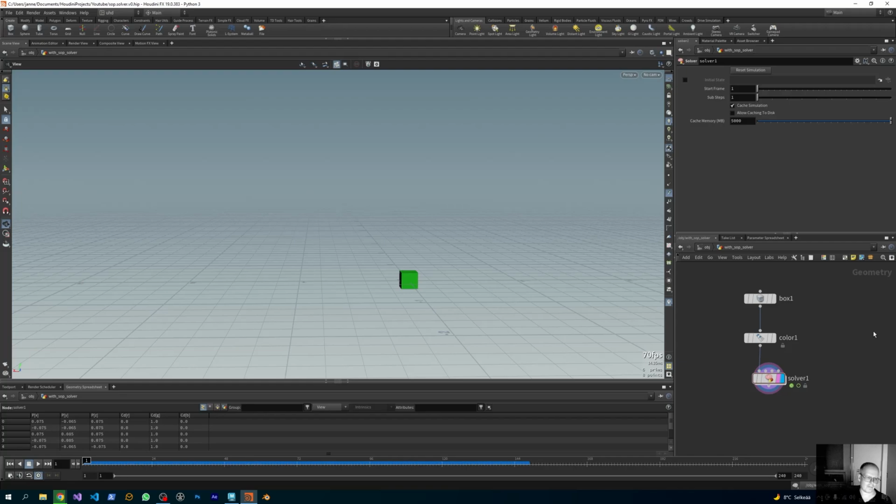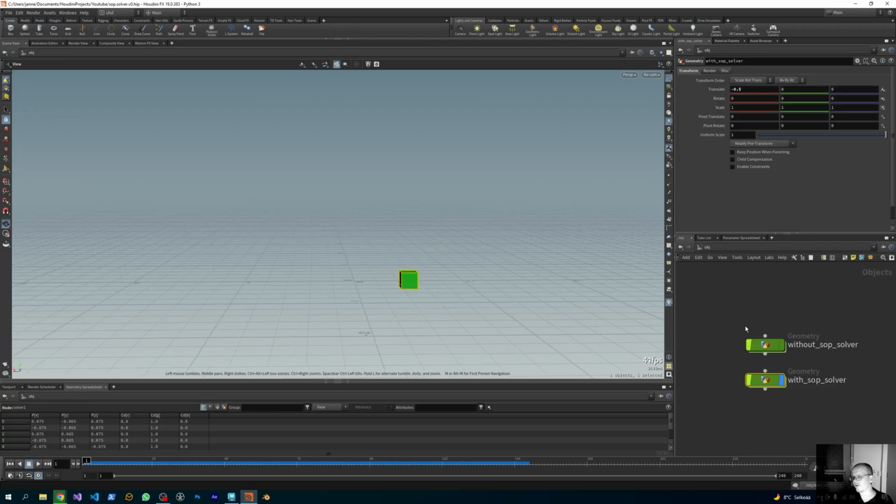at the third frame. Yeah, I'm not sure how you can do it without the solver. I'm sure there are some other ways, but the solver makes it very efficient and easy to